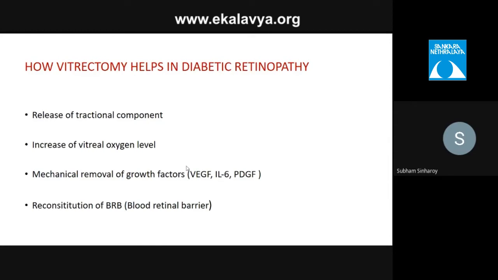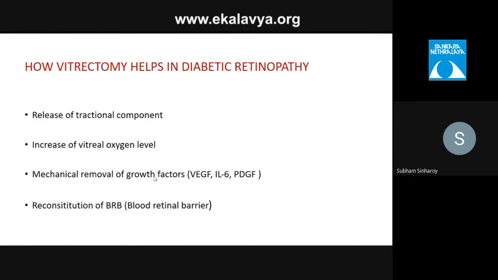Then, in all the proliferative diseases there are various growth factors, VEGF, interleukin 6, PDGF, platelet-derived growth factor, which are increased in surplus amounts, and these ultimately lead to vasopermeability, vascular leakage and an increase in diabetic macular edema. So vitrectomy ensures the mechanical removal of these growth factors, and helps in reconstitution of the blood-retinal barrier, which was disrupted because of all the traction and also inflammatory mediators.